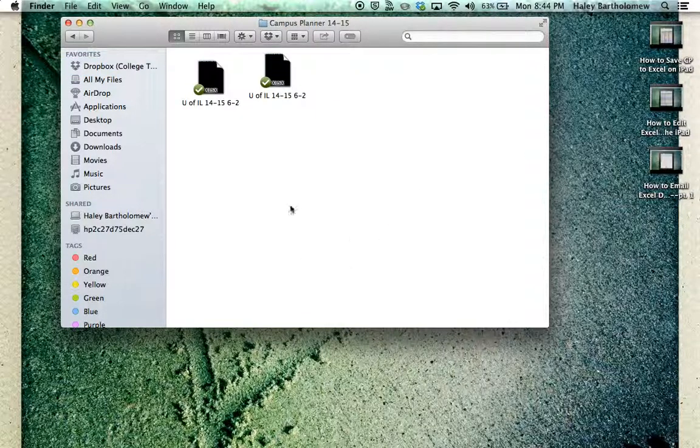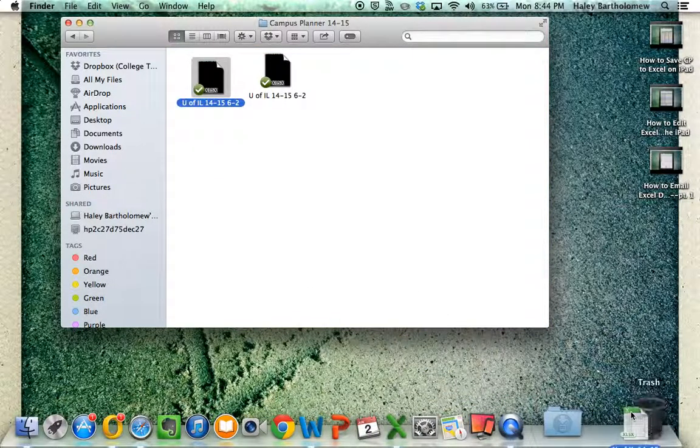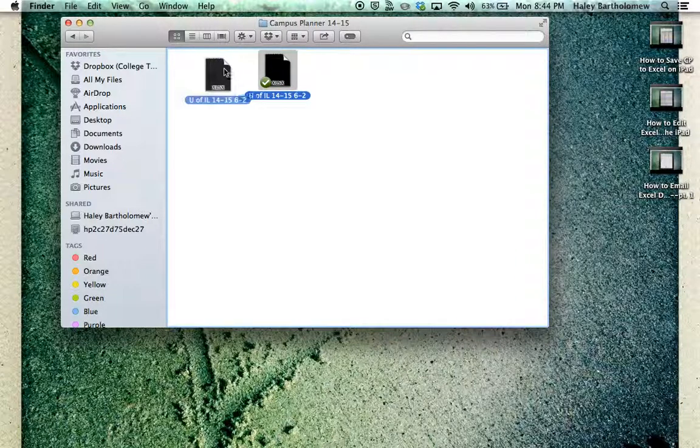Now, once you're in here, you're going to see that you've got both of your documents. What I would strongly recommend doing is taking your old document once you have uploaded your new one and just immediately deleting it. That way, whenever you get back in Dropbox, be it on your computer or on your iPad later, you're not going to have any confusion. Also, maintaining some kind of naming consistency is really going to be important to make sure that you're not confusing old versions versus new versions, kind of like we do with the updated package masters. So this is already a concept that you're familiar with, so it's going to be super easy whenever we're transitioning